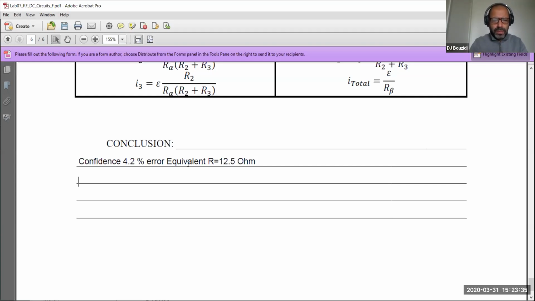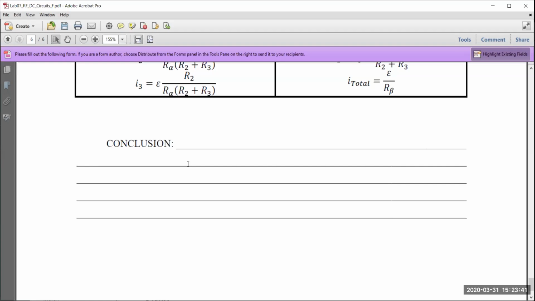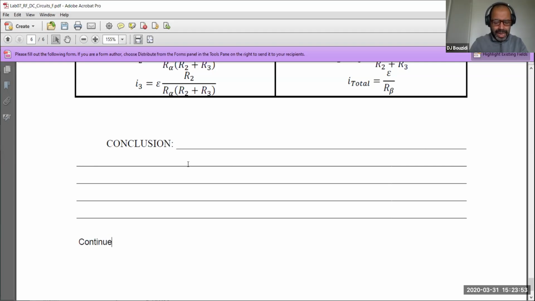Now, notice something in here. If you write more than you need, if you need more than the space allotted, first of all, the text will shrink in size to allow you to put more and more. But don't make it so that the text is very small. If you think that you're going to need more space at the end, please continue, and add another text file or a Word file or whatever you feel you need to add